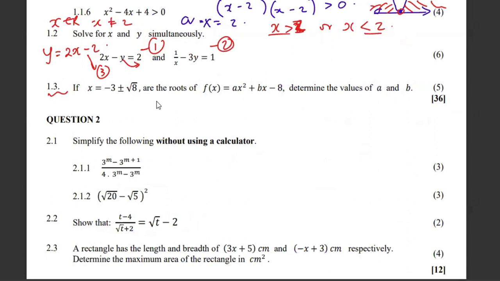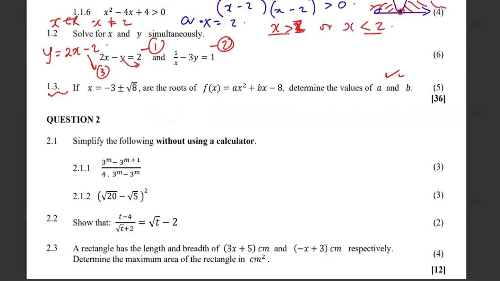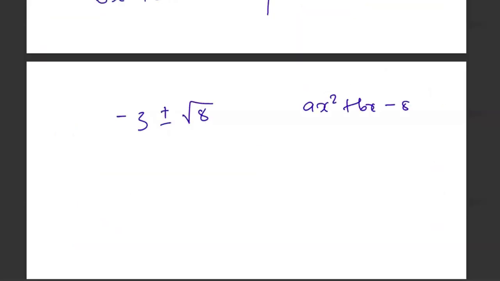And then 1.3, if x is this, these are the roots of this. They want us to get the values of a and b. So negative 3 plus or minus square root of 8. Ax squared plus bx minus 8. Is it minus or plus? It's a minus. And those are roots. We need to use the intercept method and say that if y is negative 3 plus root 8, and then negative 3 minus root 8,